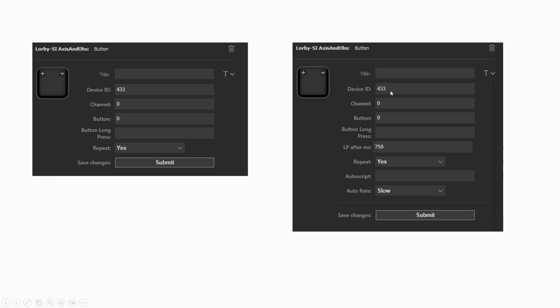You can see there's a few extra bits added in. So the device ID, channel and button and all that, and button long press is exactly the same. We can define the length of the long press in milliseconds here, and you can change that. I think if you find yourself changing that frequently, that the long press is too long or not long enough, and you're changing that for a number of buttons,